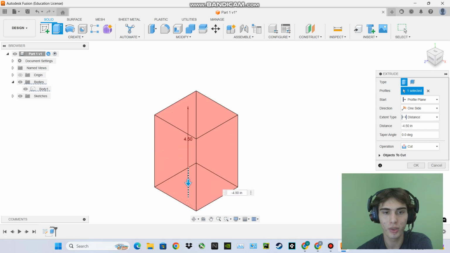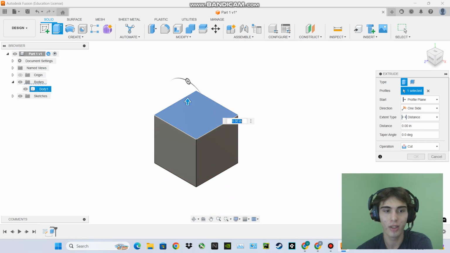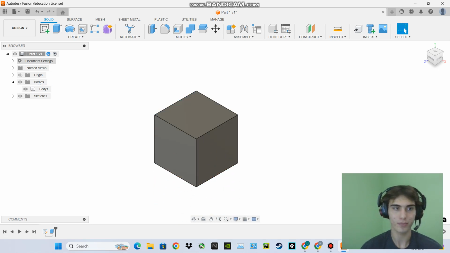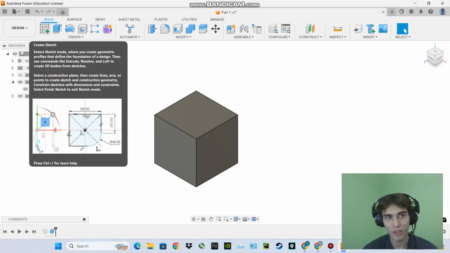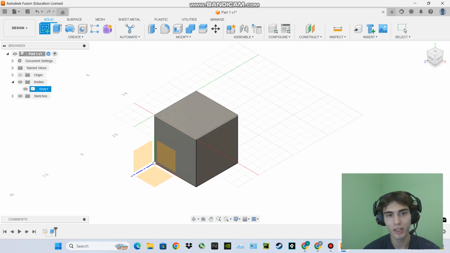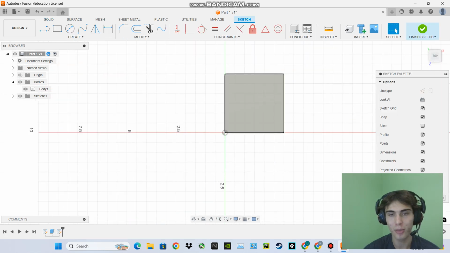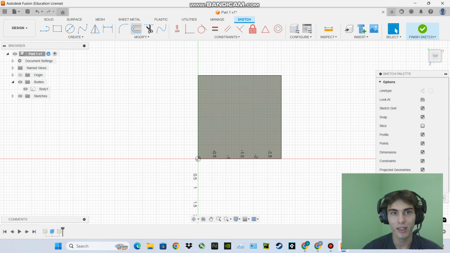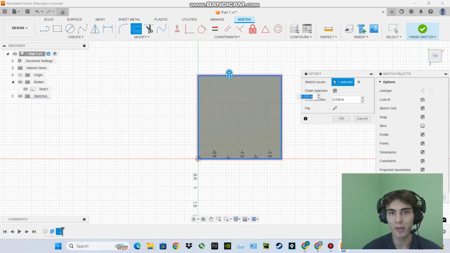What I was saying with the extrude is that you're able to go out further. You can do more than one extrude, or you can get rid of the entire part, whatever you want to do at that point. And you can put sketches on other parts. As opposed to selecting these planes, this is now where you can put sketches on other parts. And this is where I was talking about